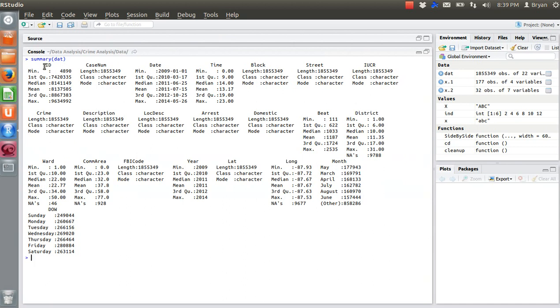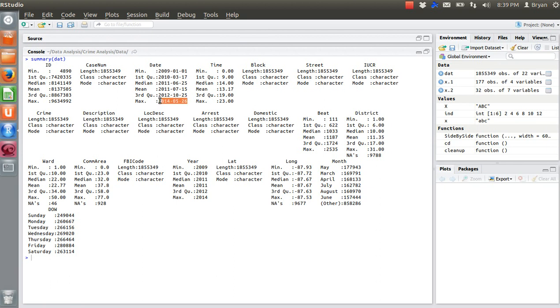And so here, ID, which is numeric, we can find the minimum, the first quartile, which is your 25th percentile, the median, which is your 50th percentile, obviously, the mean, the max. Obviously, none of those statistics mean anything for ID. It's a useless thing that's coming back. Case number, you can see here where it says class, it's character. So it's not going to give us anything like min or max because those don't exist for text strings. For date,